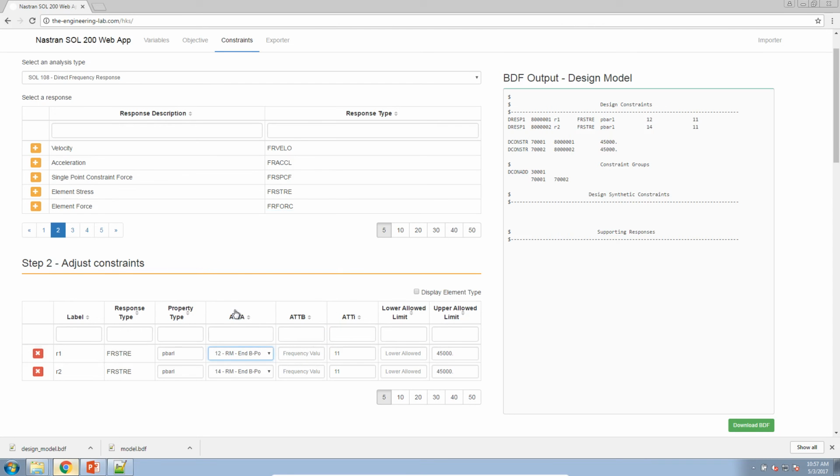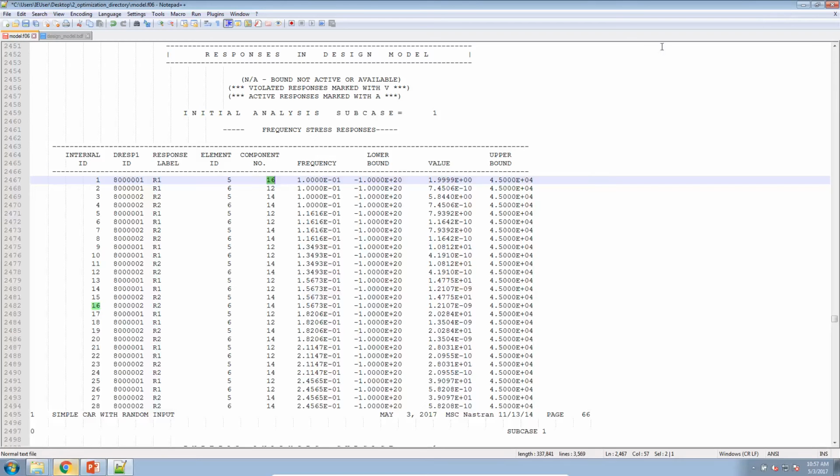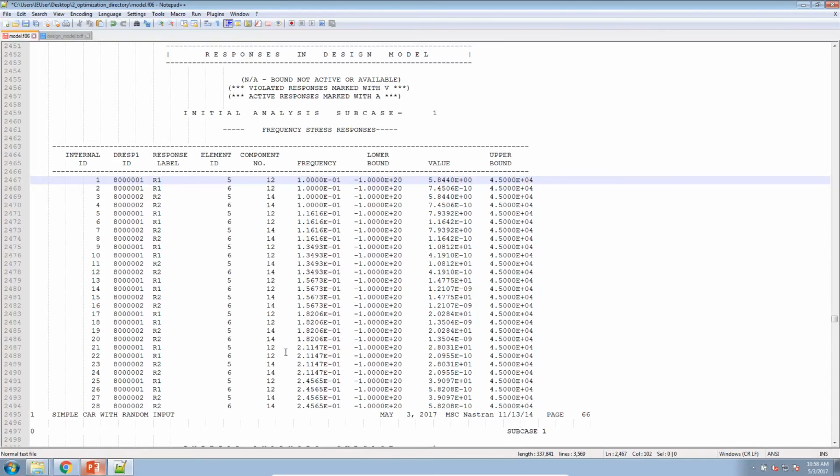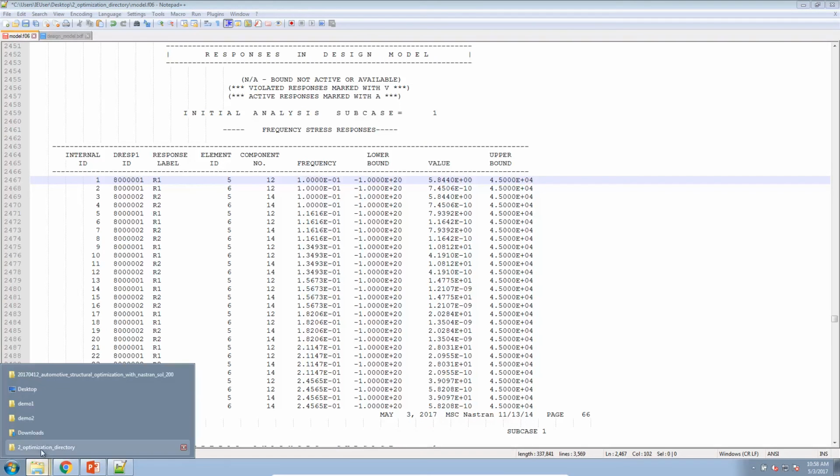Or was it 12? It was 12. And then rerun the optimization and find that the component now says 12 and the value now says 5.84 as intended. So there you have it. That's how you perform a validation in Nastran. Once you've validated that everything's been configured, now we can go ahead and